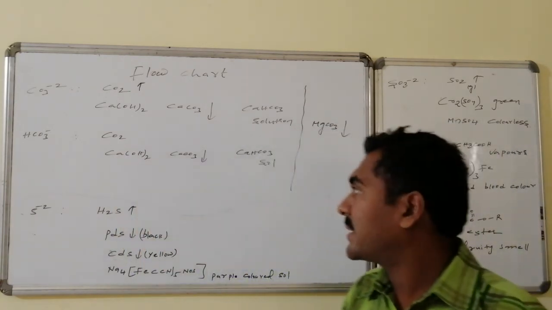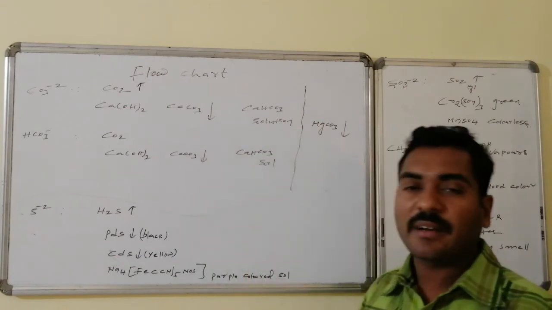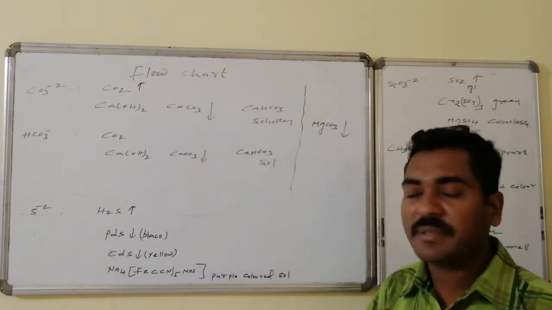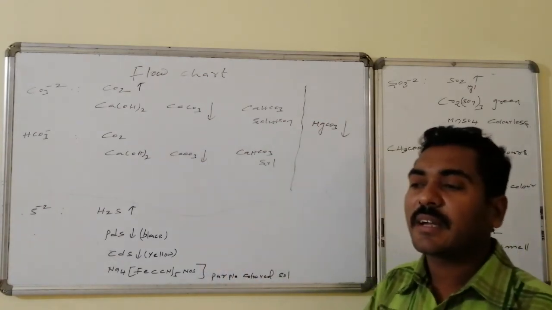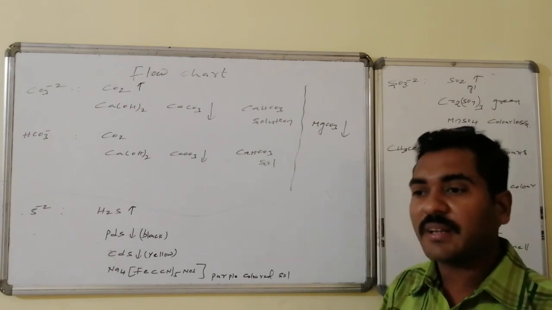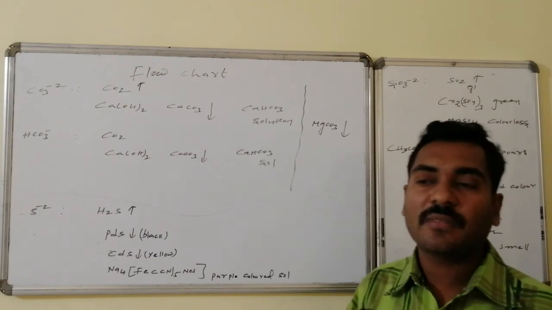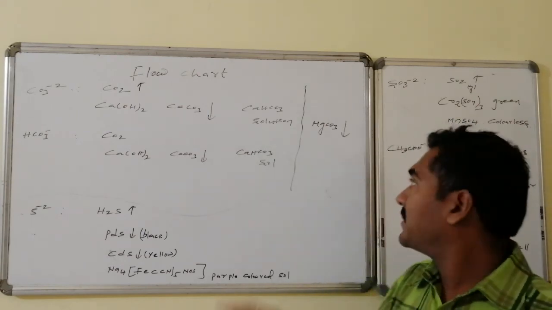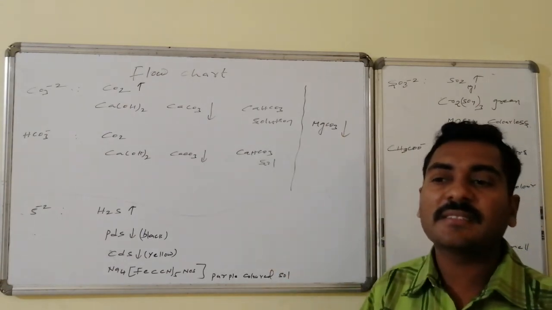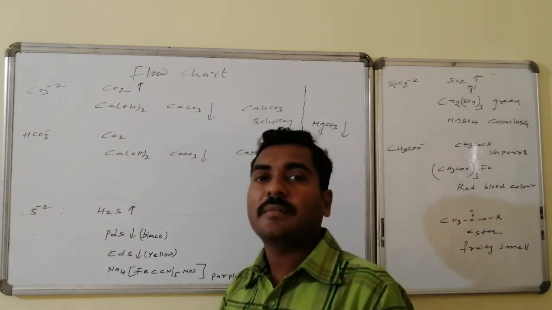Bicarbonates also give carbon dioxide. On reaction with calcium hydroxide, carbonate forms, and on excess sending, bicarbonate formation once again takes place. The confirmation of bicarbonates is also done on reaction with magnesium sulfate, which leads to the formation of magnesium bicarbonate; on heating, it is converted to magnesium carbonate as an insoluble white precipitate.